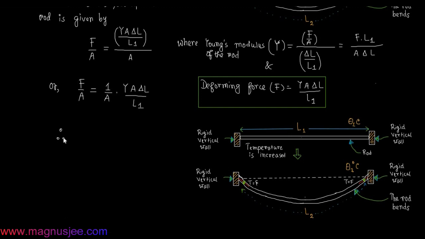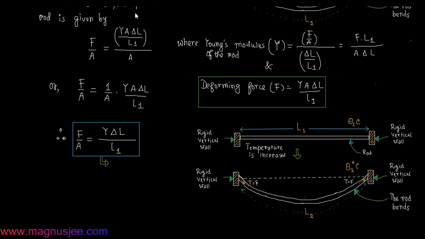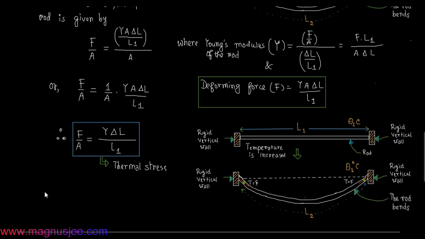Therefore, the expression of thermal stress, that is F by A, will be Y delta L by L1. Area of cross section A and A will cancel out, that is Y delta L by L1, where delta L is the change in length or increase in length, and L1 is the initial length of the rod. F by A is equal to Y delta L by L1, which is the expression of thermal stress set up in the rod,